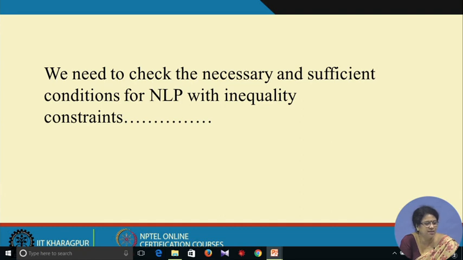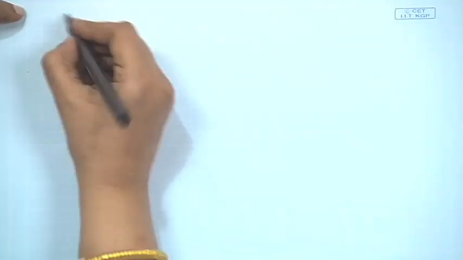Now, in the next part, we have to see the nonlinear programming problem with inequality constraints. There also we will use the same Lagrange multiplier method, and we will get the optimal solution for the problem. Let us solve one optimization problem using the Lagrange multiplier technique. We are considering two constraints which are of equality type. That is why the problem is